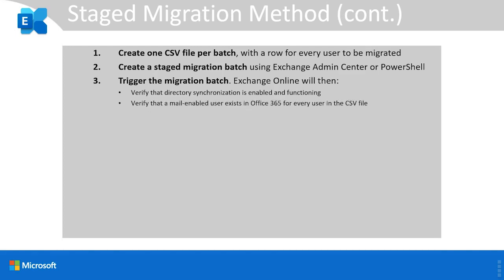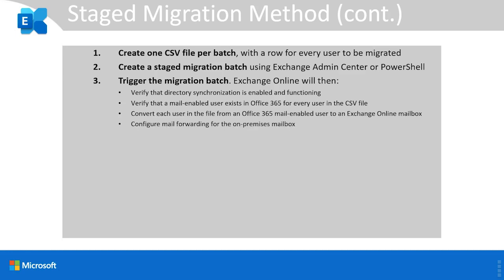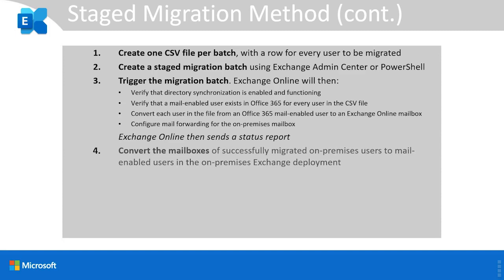user exists in Office 365 for every user in the CSV file, convert each user in the file from an Office 365 mail-enabled user to an Exchange Online mailbox, configure mail forwarding for the on-premises mailbox, and Exchange Online then sends a status report. Then convert the mailboxes of successfully migrated on-premises users to mail-enabled users in the on-premises Exchange